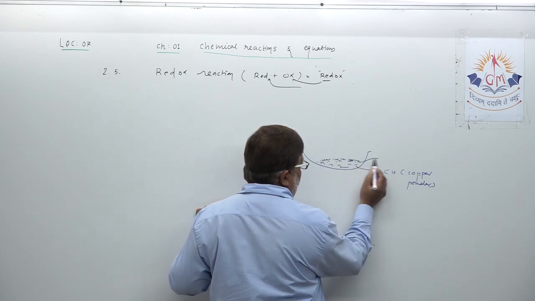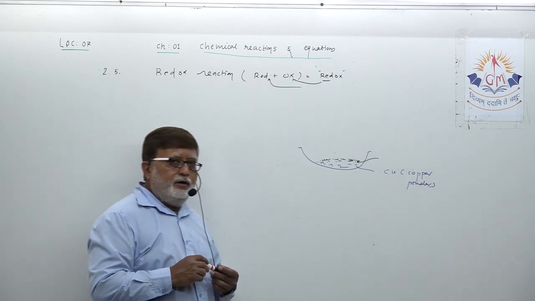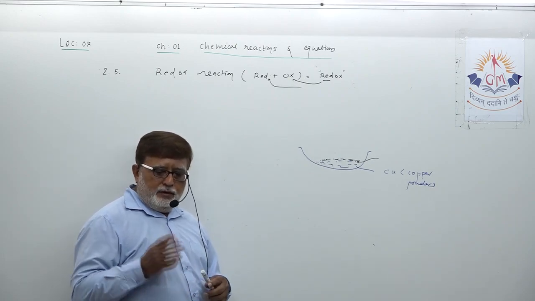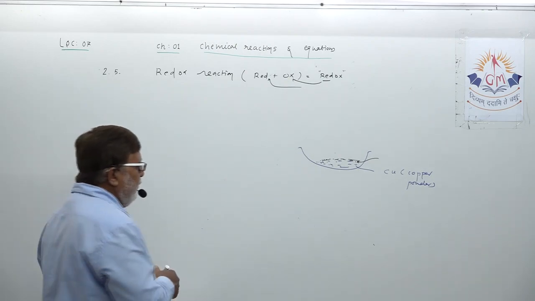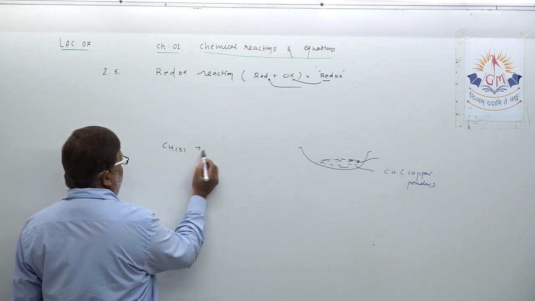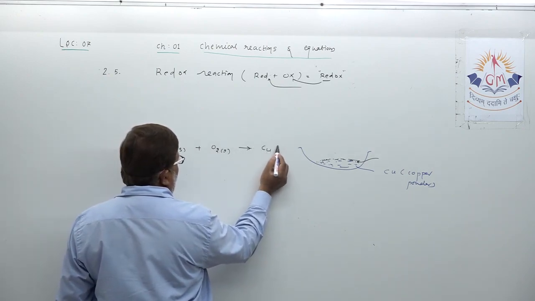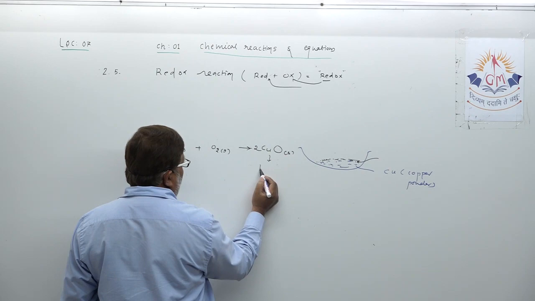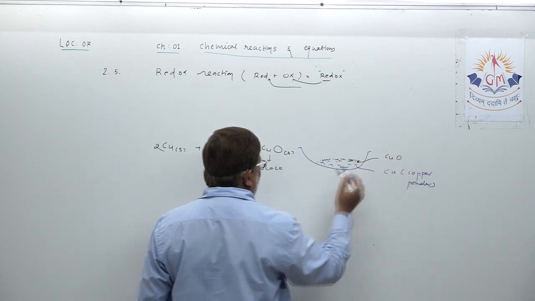This black colored coating which is depositing is actually what? Try to understand. Undoubtedly, dear student, copper is not such a reactive metal, but copper normally reacts with oxygen. Copper reacts with atmospheric oxygen and forms a layer of copper oxide, a solid. This copper oxide is black in color. So this black colored coating is copper oxide.